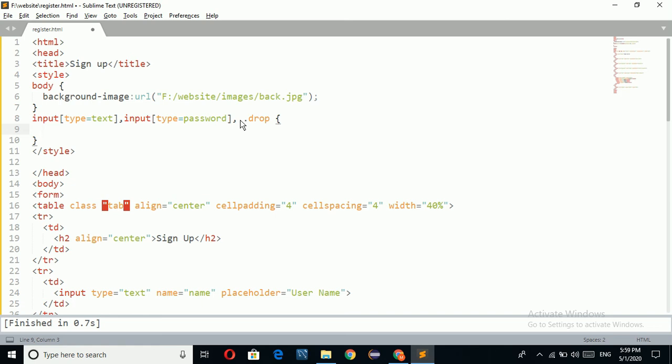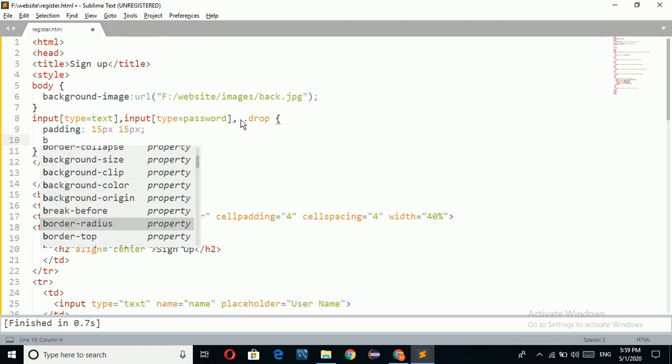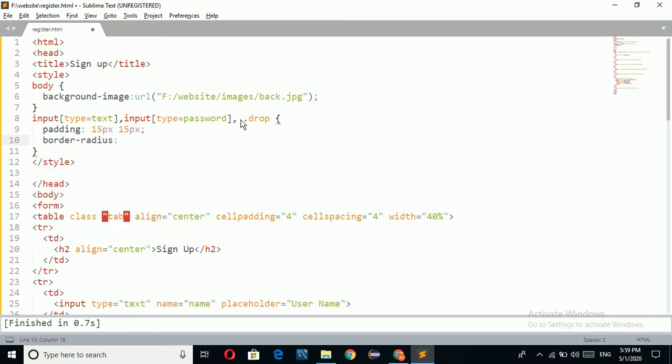In this I'm going to set padding equal to 15 pixel and 15 pixel, and border radius equal to 15 pixel.